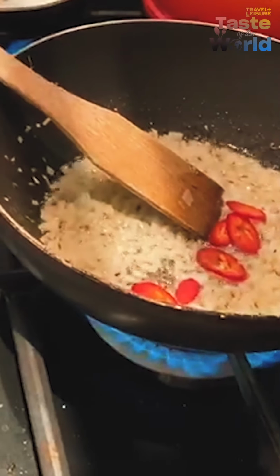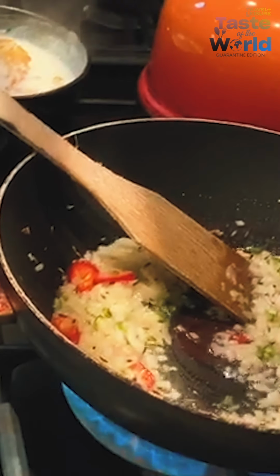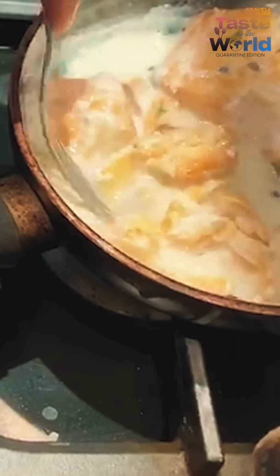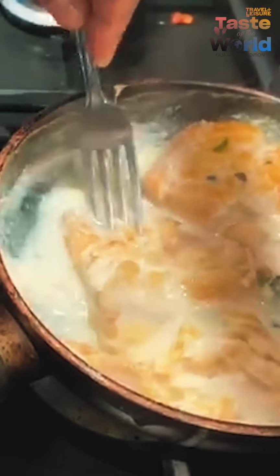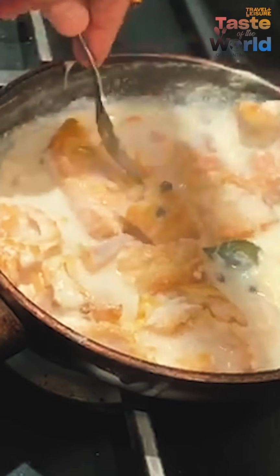A little bit of salt into the onions, it has to cook faster. Into that a bit of chili, a little bit of ginger. The haddock is nicely cooked. Whilst the onions are just sweating away, I'm simply just going to flake it off with a fork. It doesn't need any more than that. And you don't want them mashed really. You want them nice big flaky pieces